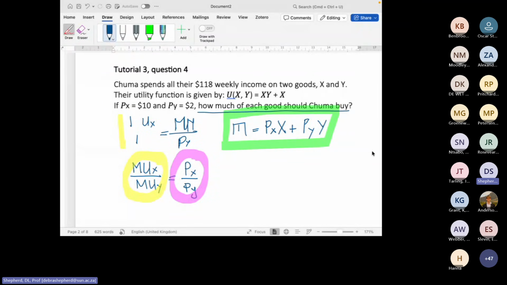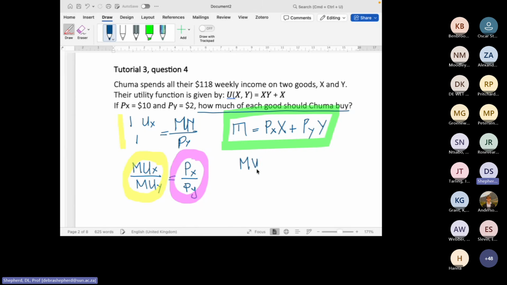Okay, so this is all the information that we need in order to solve this particular problem. Okay, so the first thing we're going to do is we are going to get the MUX and the MUY. So how do I find the MUX using this question? I find the MUX